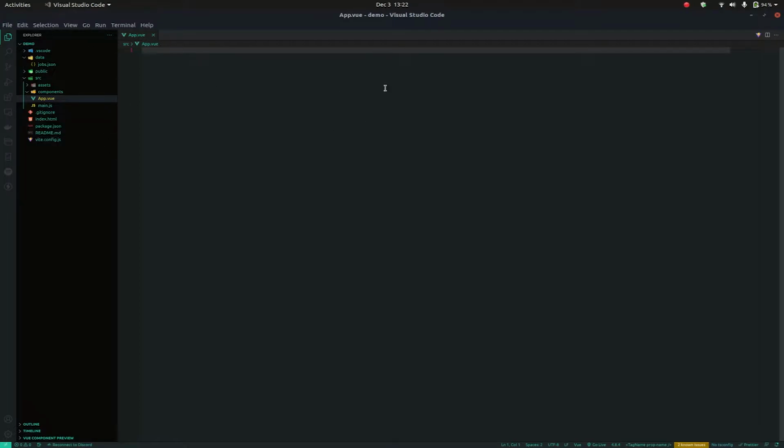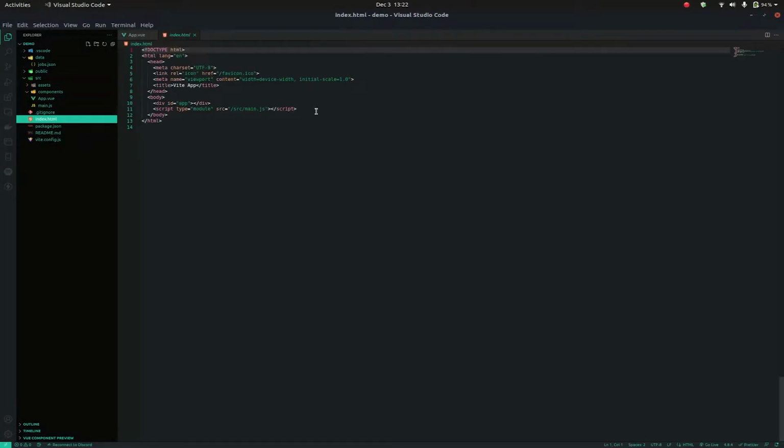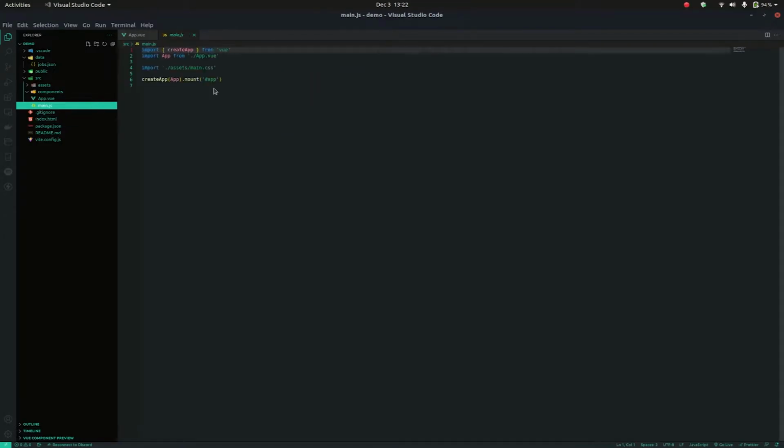Before I start, as I mentioned, this is the index.html file, which is basically the boilerplate. It's just got one div with an ID of app, and then the Vue application is basically